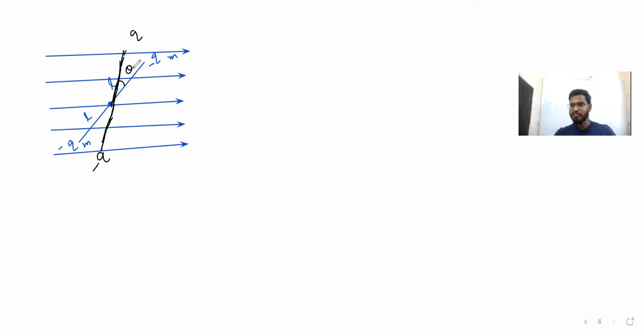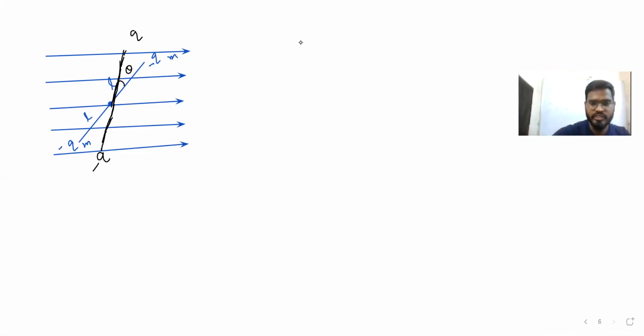So here also the same thing will happen. If you put it at some angle, then it will experience more torque on that side, so it will try to come this side. Again it will try to come this side, again this side. So it will do SHM. If it is experiencing SHM, then we can find the time period of the SHM. So first we are supposed to prove that it is performing SHM, and the second thing is to find the time period of that.